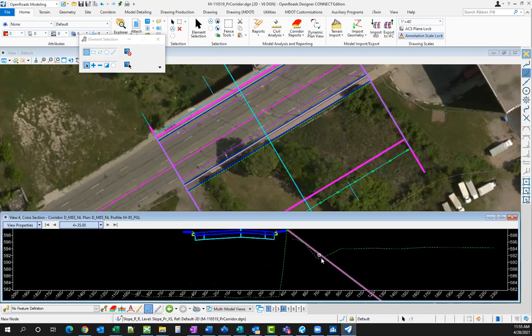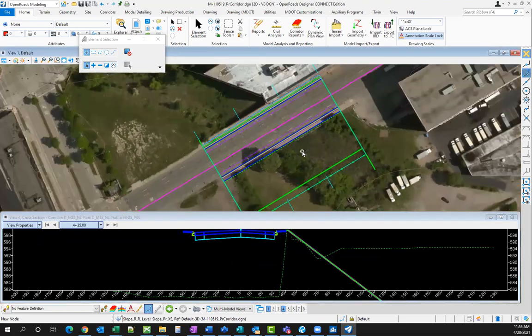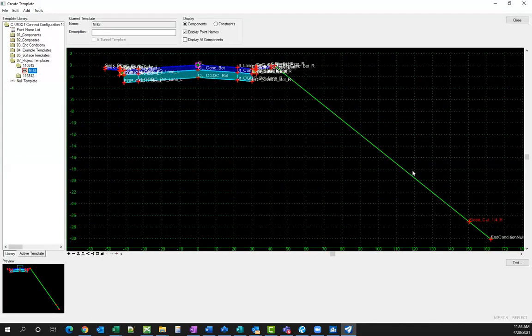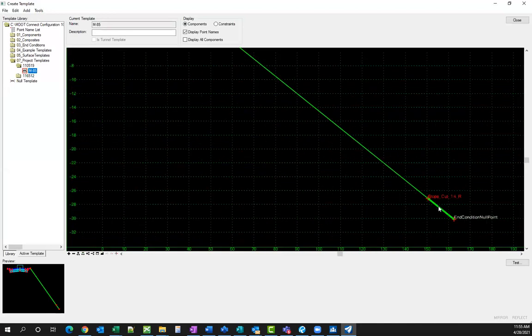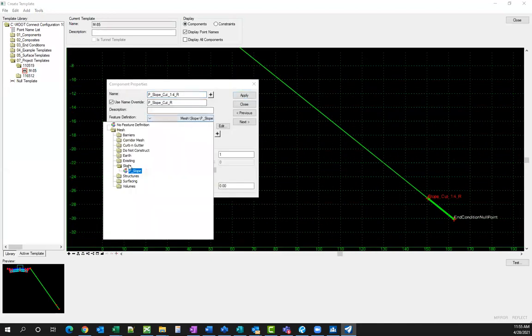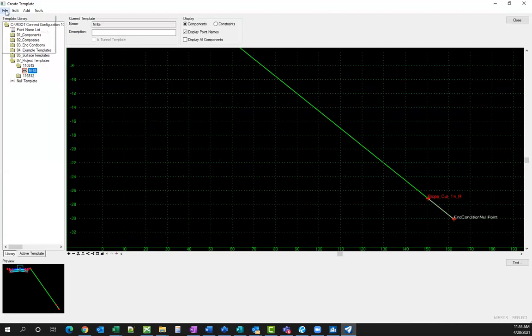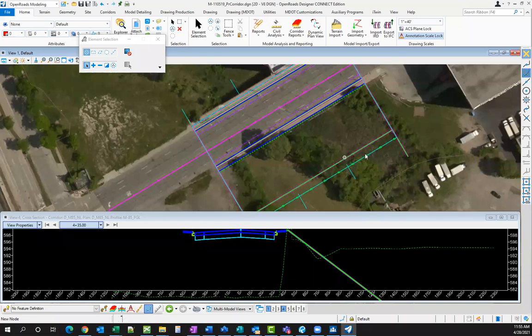So it's a way to find kind of the last solution of the end condition if you do have multiple, and you want it to hit the existing ground at a different location. And what I ended up doing, I think there's probably a better method to do this, but I just take this component down here and set it to a feature definition that I don't want to show up in my model. So on a scratch or on a do not construct feature definition. So if I save that, I can close out of it. And if I synchronize my template again, you should see that